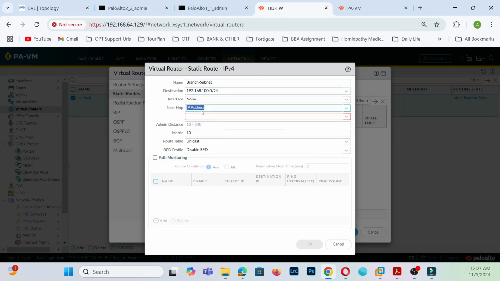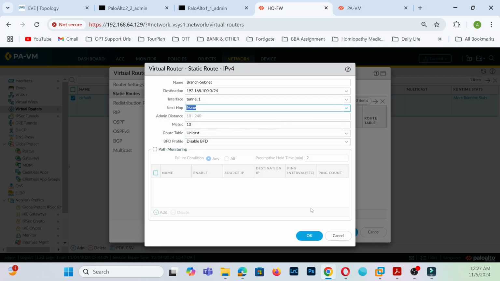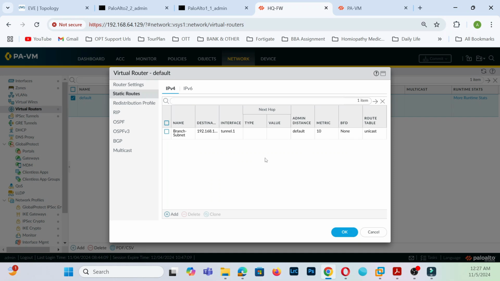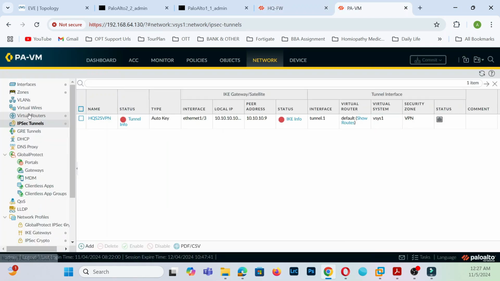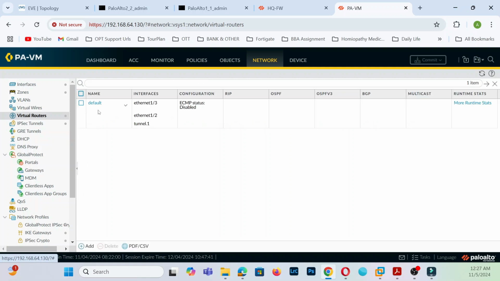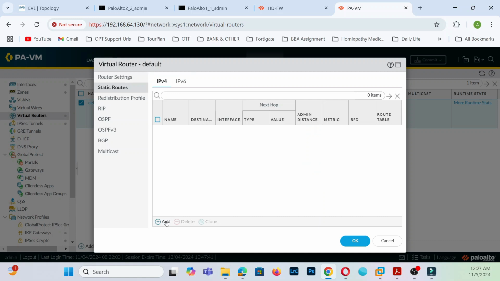Now we're going to provide the tunnel interface, and then for the next hop select none. That done, just click okay. So routing is to be done. Here also you can go to the virtual network, go to default, and then go to the static route, and add